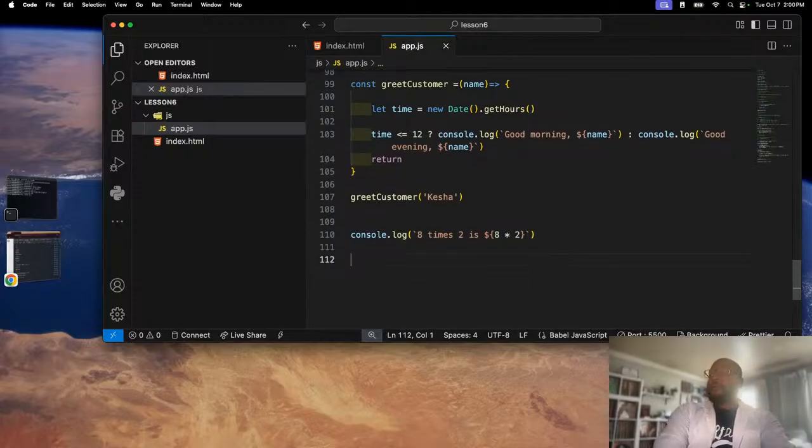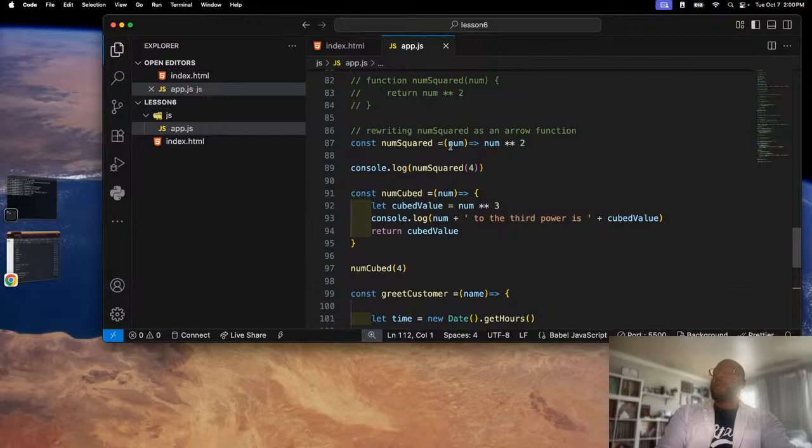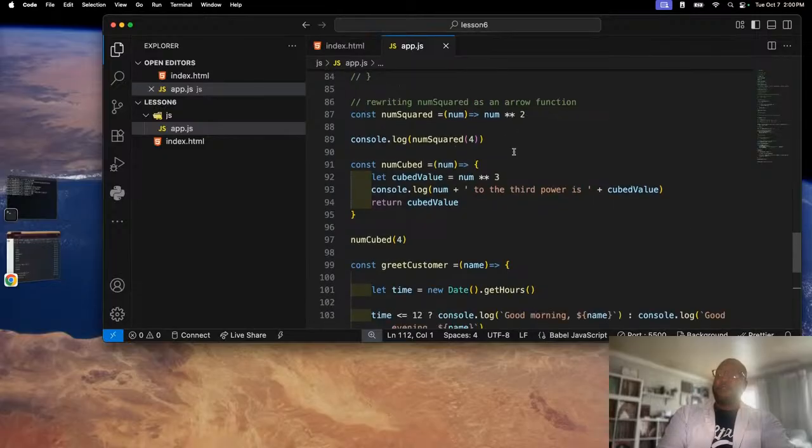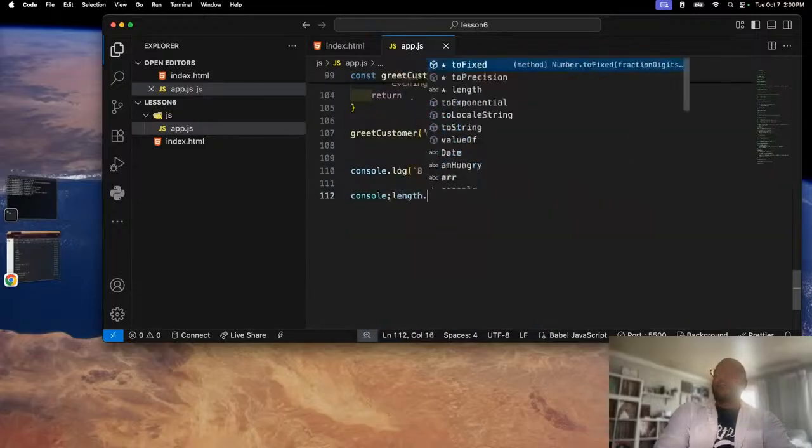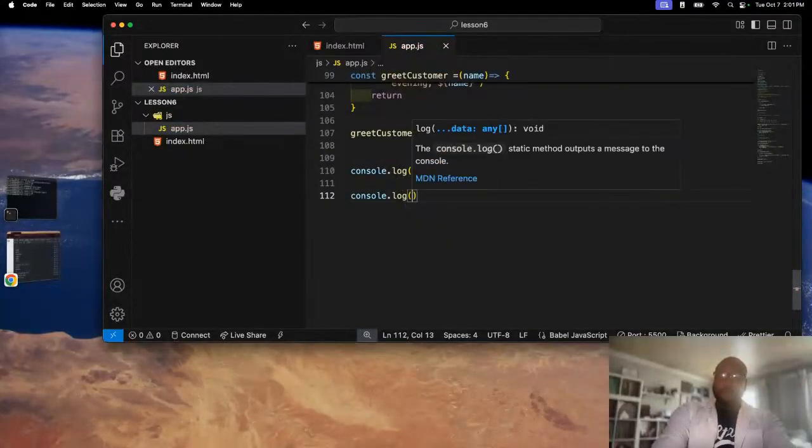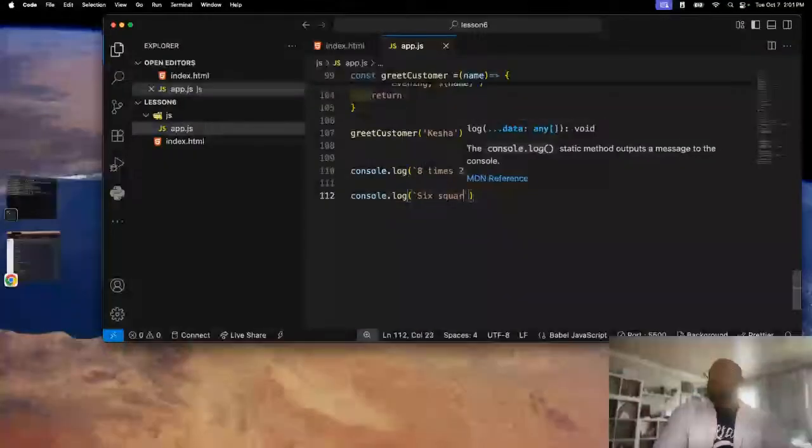Check this out. I could say, and this is where that return statement comes into play, for that, using that num squared, I could say, because let's see, where are you? Num squared. Notice we're not consoling anything here, num squared. We're just returning num squared. So I could say console.log, excuse me, backtick, 6 squares,